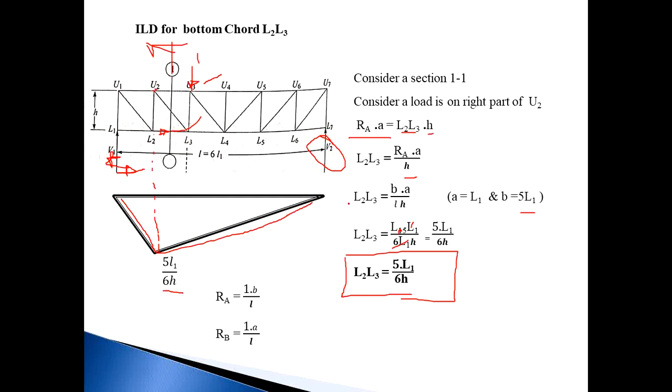Let us see one more thing. In the ILD, you can only find out coordinates, you can't identify the nature of the force. So you should first assume the balancing moment. Suppose this Ra is clockwise, so your balancing moment is anti-clockwise. If the Rb is an anti-clockwise moment, so your balancing moment should be clockwise. And by using these sign conventions, you can identify the nature of the force in the member. Okay.